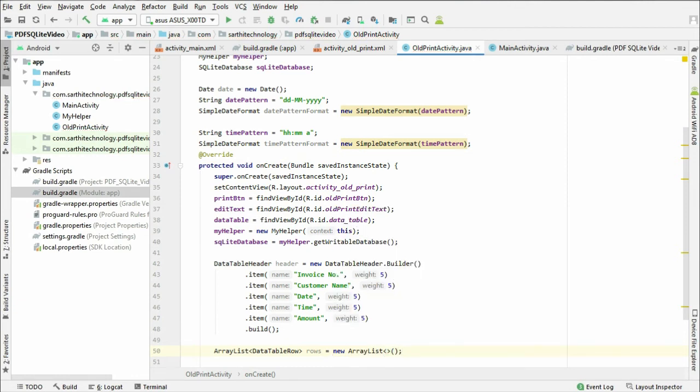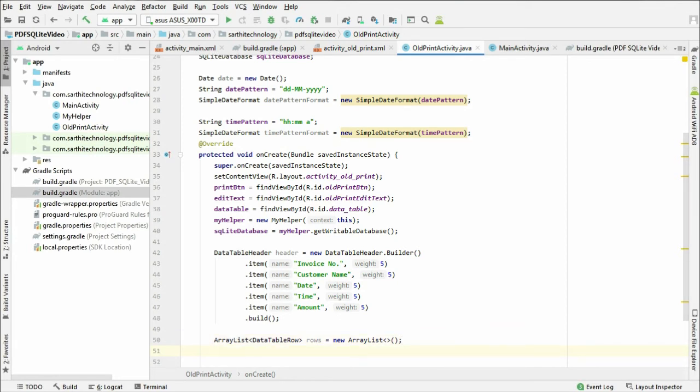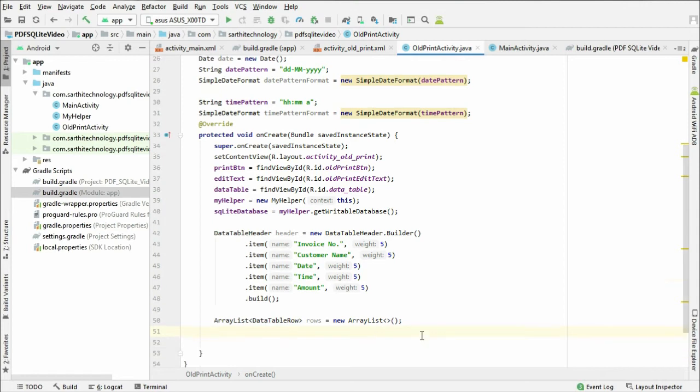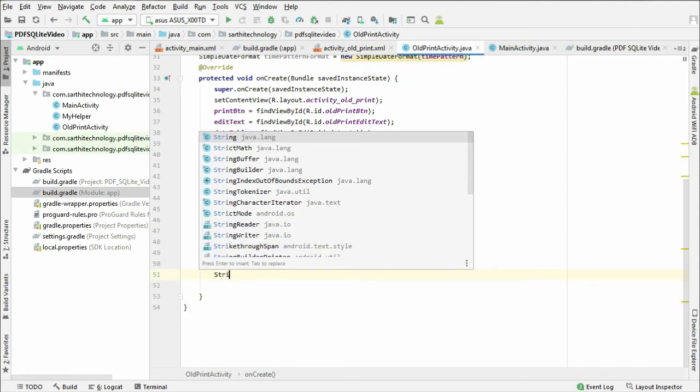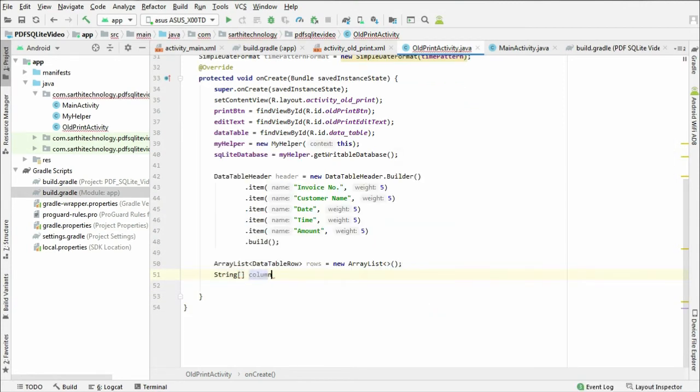Okay, now for the query we need to create a string array. First is invoice number. Okay, so the string array is ready.